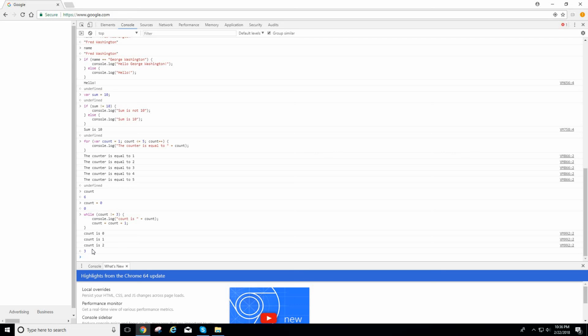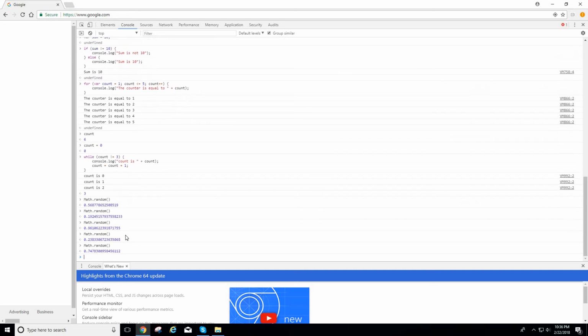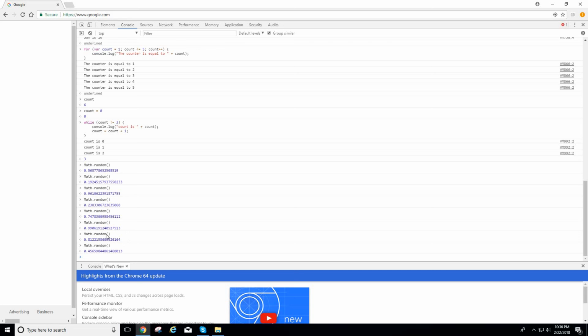All right, for the final section we're going to go over, which is one of the most powerful, I believe, random numbers. In order to do a random number, you have to type in math.random, and this is a function, so you have to have the 2 parentheses. Once we click enter, we get a random number. Now if I click up arrow a bunch of times, as you can see, these are all random numbers. But these random numbers really don't do much for us because they're extremely small numbers